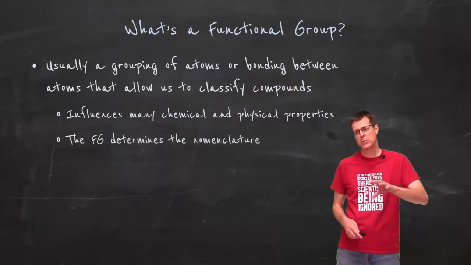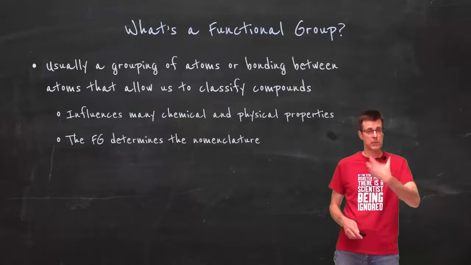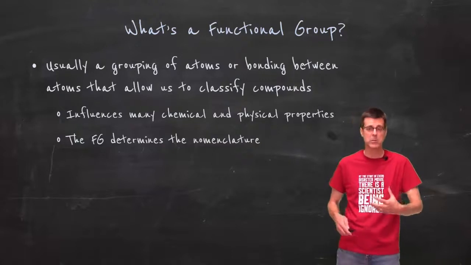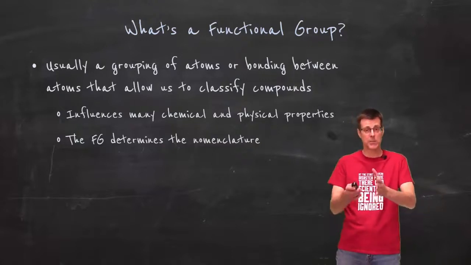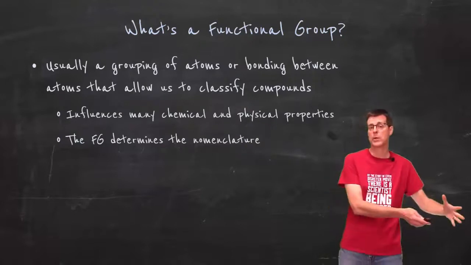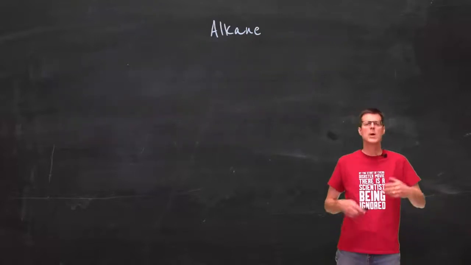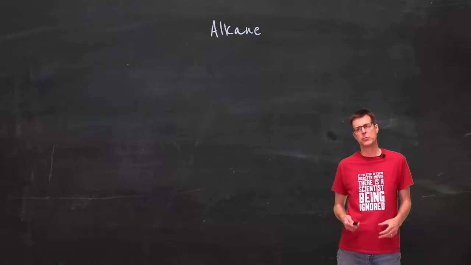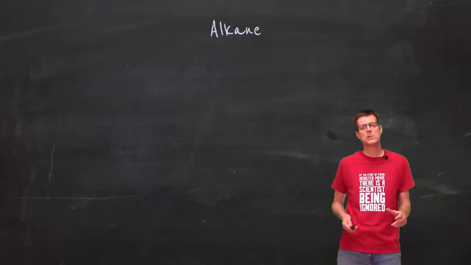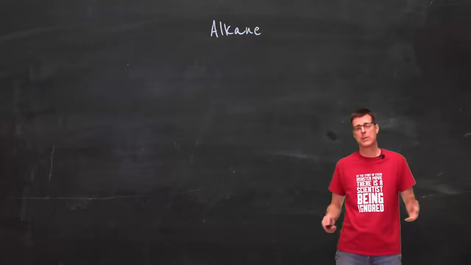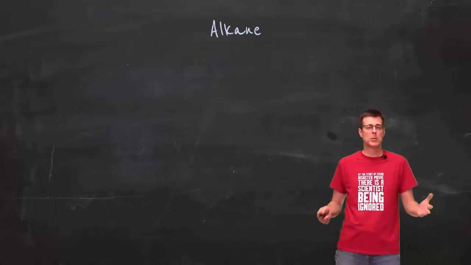The functional group is going to also determine the nomenclature. For us, that's going to be one of the biggest things that we do with it, because we're going to have to recognize this is the functional group, so this is what I do for nomenclature. So we're going to go through some of the basic functional groups. There's going to be about 10 of them here. We're going to spend most of our time on a smaller group of them, but we're going to start with